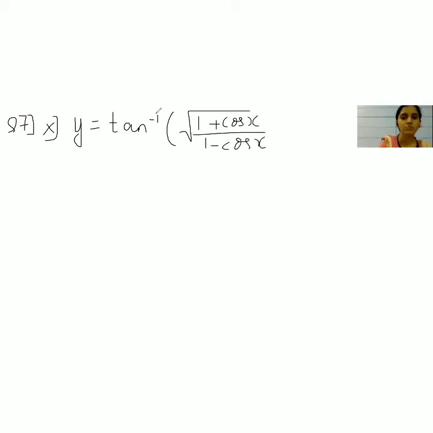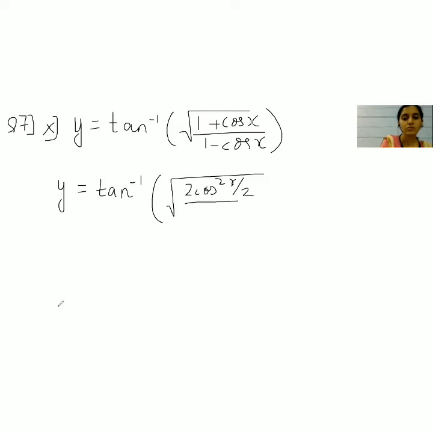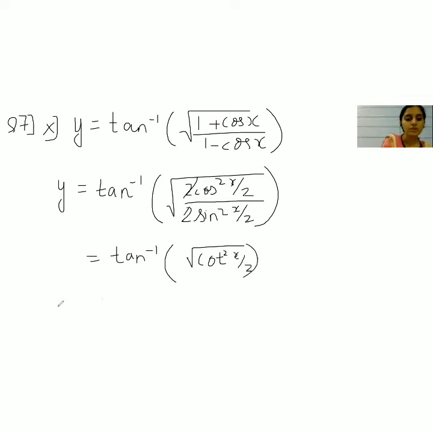This is fairly simple. Remember, we had done 1 plus cos x and 1 minus cos x formulae, so we can say y is equal to tan inverse of, okay, bracket, now root of 1 plus cos x will be 2 cos square x by 2. 1 minus cos x will be 2 sine square x by 2, right? So 2 cancels out, you're left with tan inverse of bracket root of cot square x by 2. So we have tan inverse of